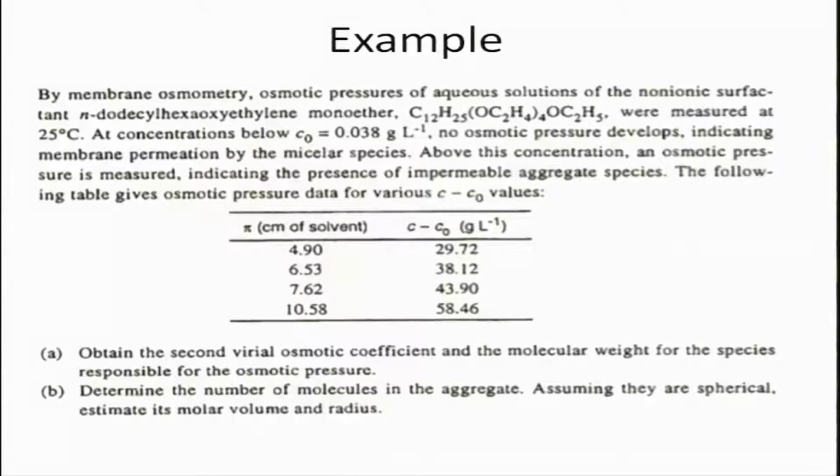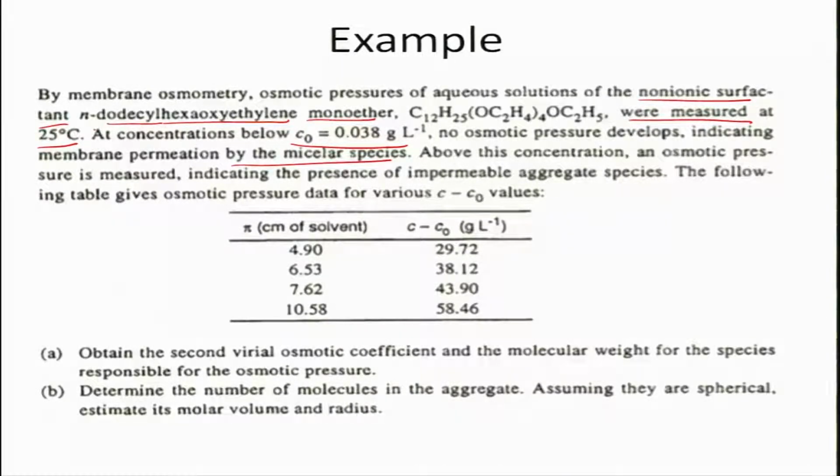Welcome back. In this short lecture, I am going to take an example. This is an example on membrane osmometry, where osmotic pressures of aqueous solution of non-ionic surfactant dodecyl hexaoxyethylene monoether, which is the complex here, you can see the formula, were measured at 25 degrees Celsius. At concentration below 0.038 gram per liter, there was no osmotic pressure developed, indicating that the membrane permeation